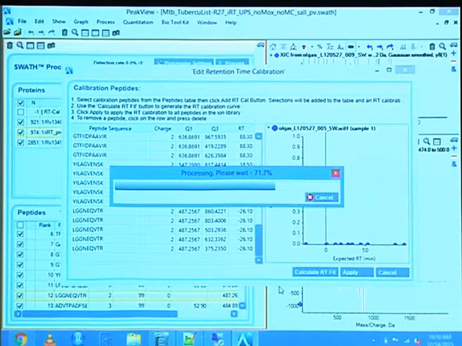And if you remember the slide I showed from the endogenous peptides, they were nice and evenly spaced, but they were also like 41. So yeah, we're almost there. You see, it will be faster at the end because it goes through the chromatogram, and so now it's probably either in the wash or at the